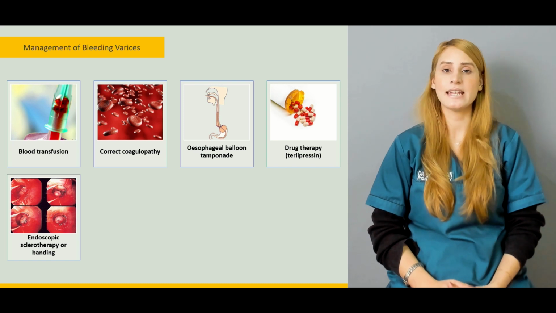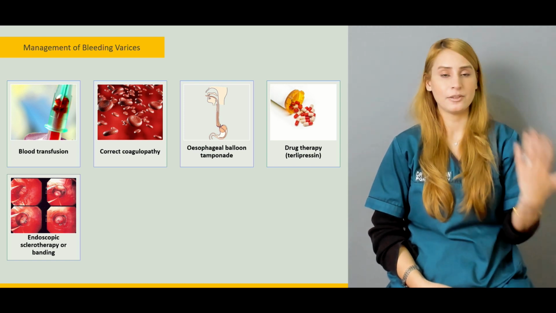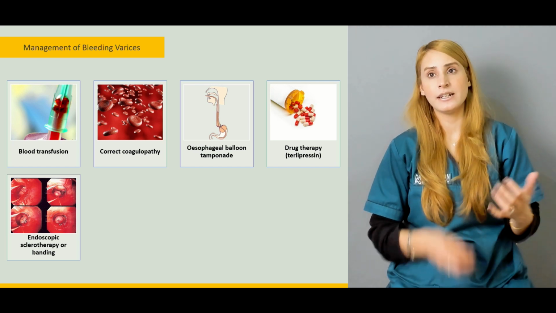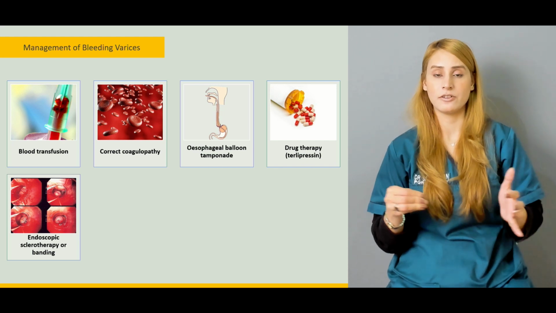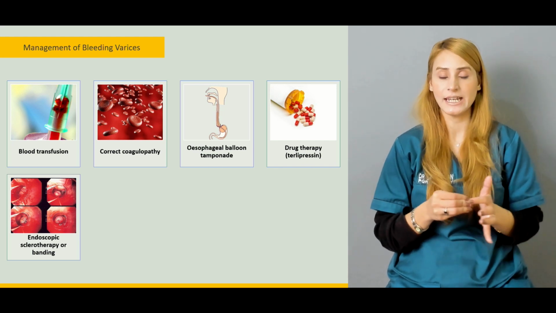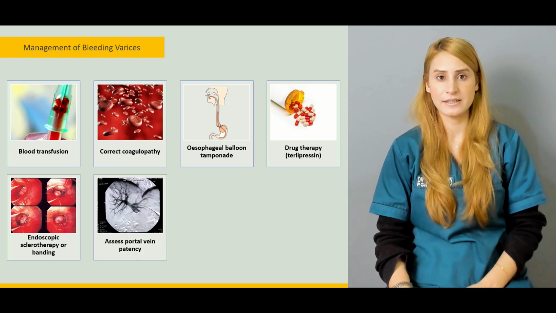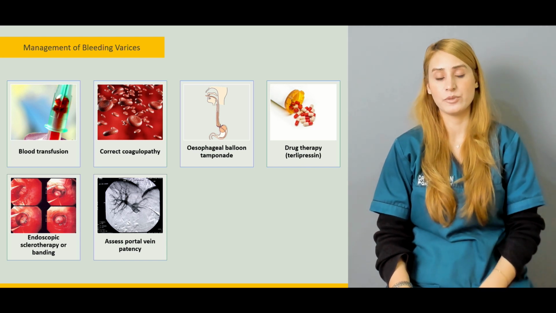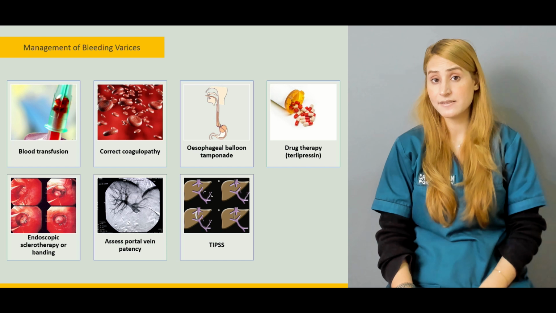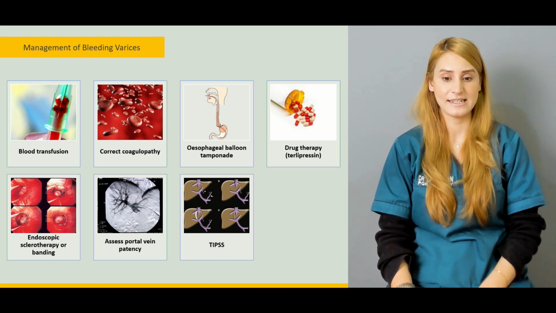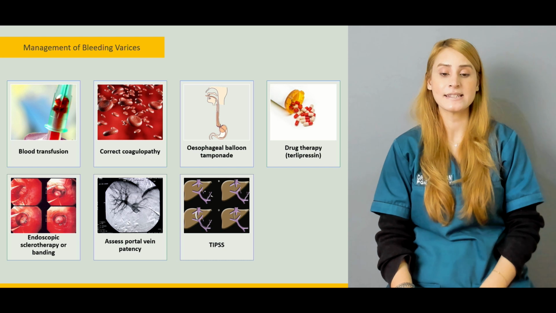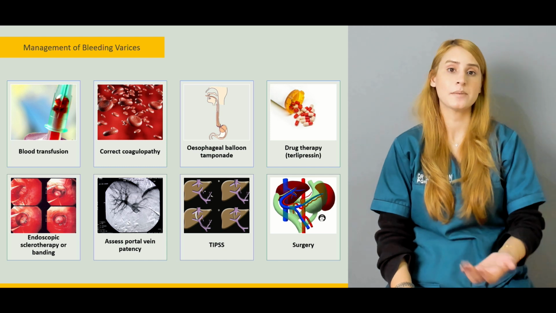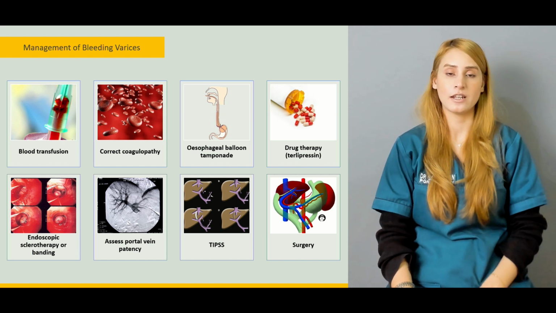Some people consider injection sclerotherapy, especially with almond and phenol oil. If you inject that, it burns or sclerosis that particular vein or the shunt which is bleeding. But some people think that banding is the best option. You have to band the part which is bleeding. Then you have to assess the portal vein competency or patency as well, and you can also go for transjugular intrahepatic portosystemic shunts. They're also one of the options, and ultimately there are some surgical options available,